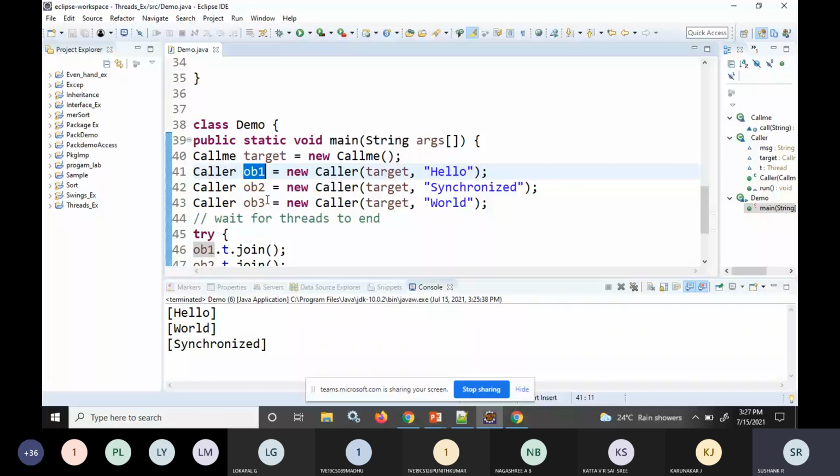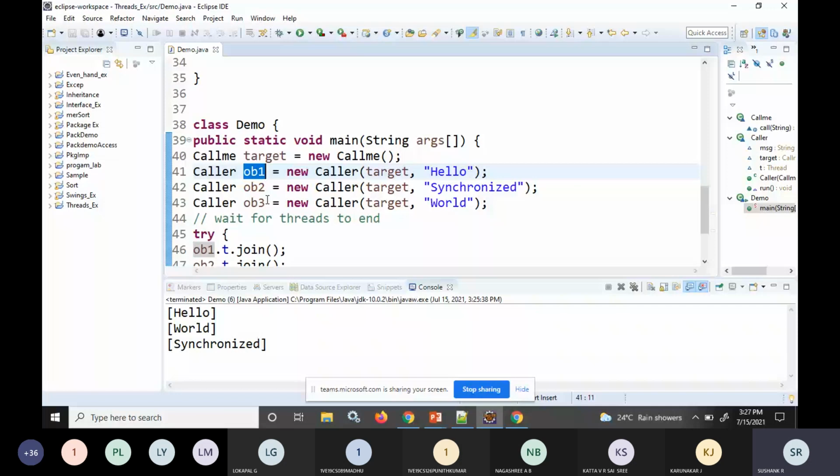So these two situations are undesirable from both ends.